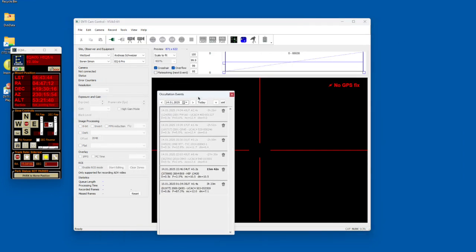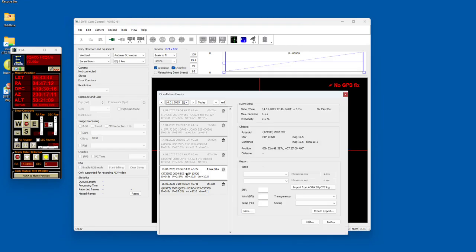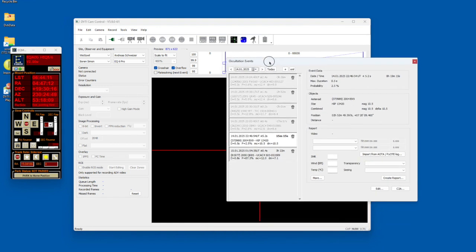Now all data about these events is available to the software. I can click on a specific event to get more information, like for example, the maximum duration, probability, combined magnitude, magnitude drop, and more. And an important thing here is the countdown timer, 15 minutes until center of occultation. Okay,